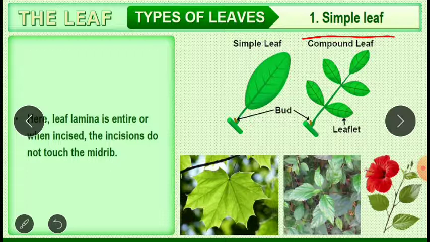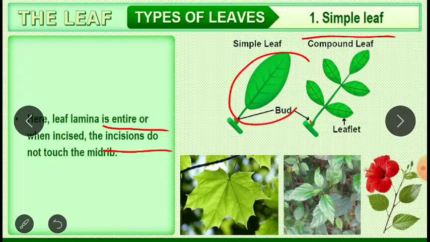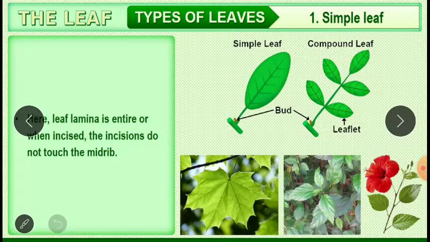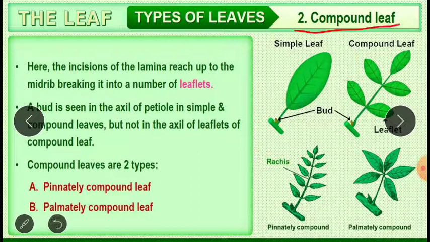Here a leaf lamina that is entire or whole is going to be called a simple leaf. When incised, the incisions do not touch the midrib. So here you can see that there is one complete single leaf. It is going to be called a simple leaf. Then the compound leaf. A compound leaf is when the incisions, which are nothing but the cuts,